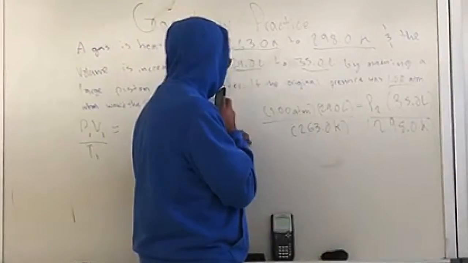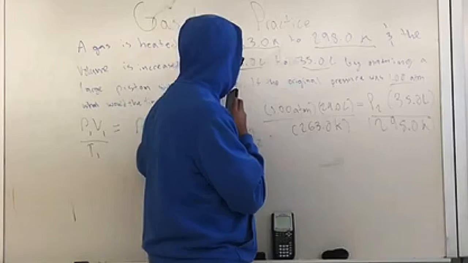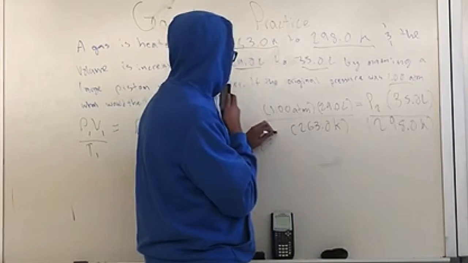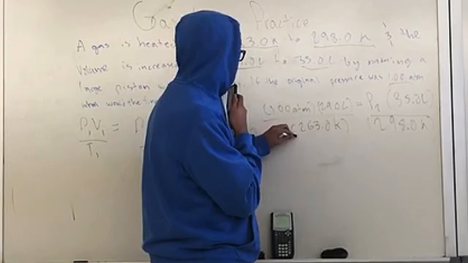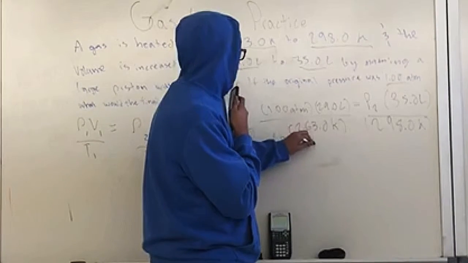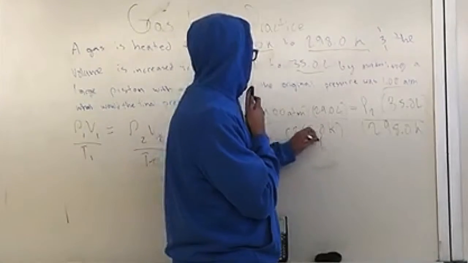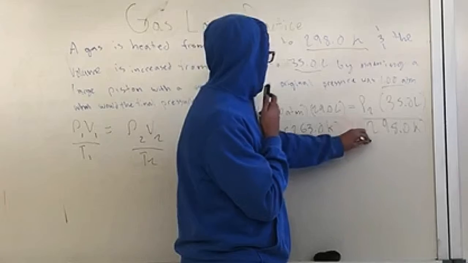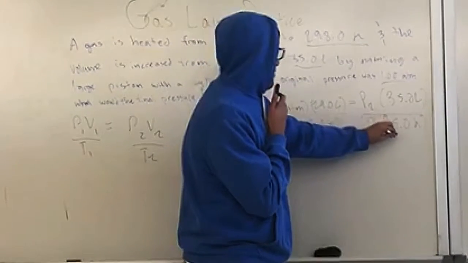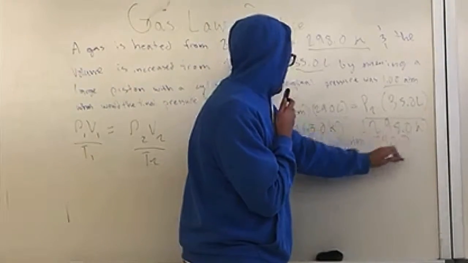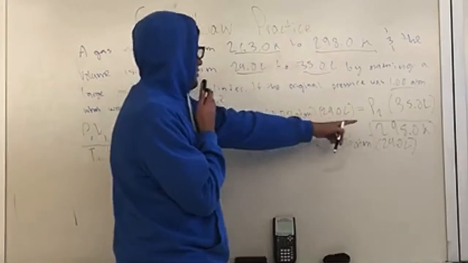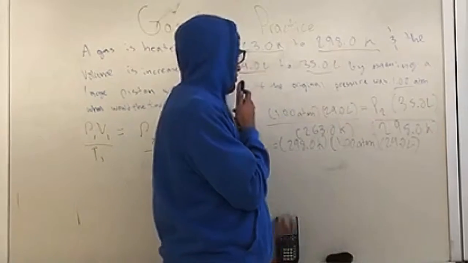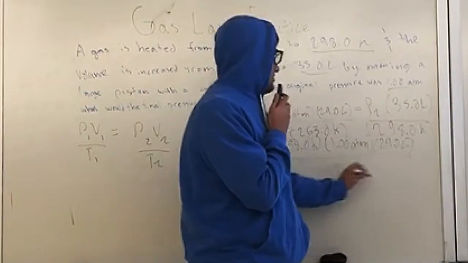So that would give us P2 equals 298.0 Kelvin, 1.00 atm, 24.0 liters, and it still has 35.0 liters on the top, so we'll just divide that from the original. So that means this whole thing is divided by